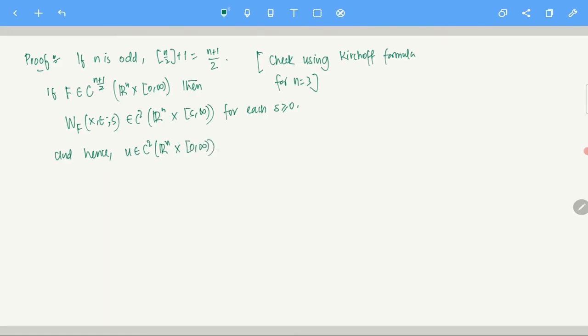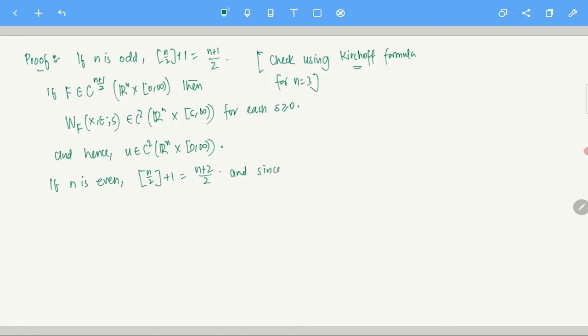Clear? If n is even, then n/2 + 1 is (n+2)/2. Clear? Okay, and again the same thing for the Kirchhoff formula, here it will be the Kirchhoff formula for n = 3. You can take the Poisson here and you can show that if n is even, then (n+2)/2 + 1 is (n+2)/2, and